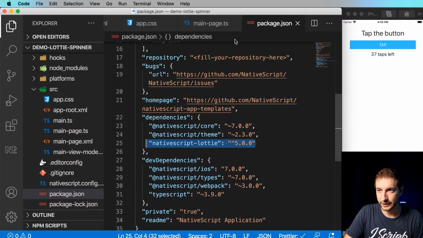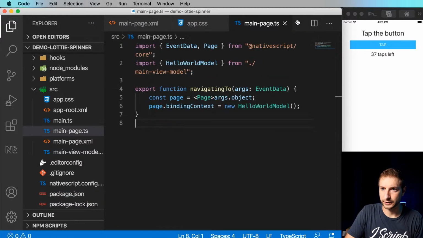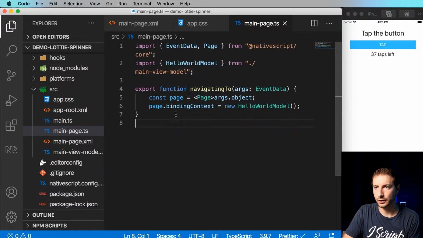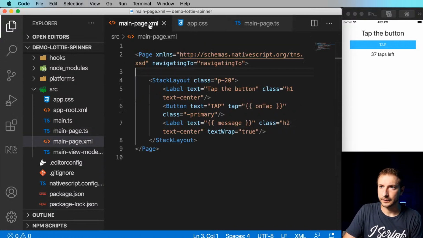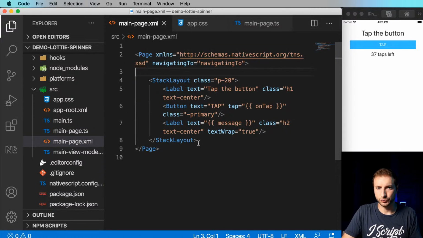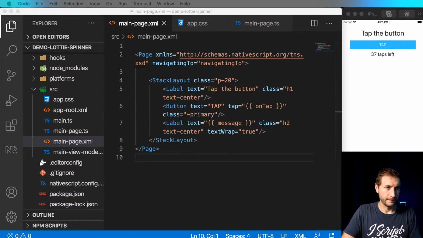All right, so there's NativeScript Lottie. We got it in there, good to go. Let's close package.json. We don't need that anymore. Here's the main page. This is where I'm going to drop my Lottie component. Now, I also need the animation, right? So the one I showed you,